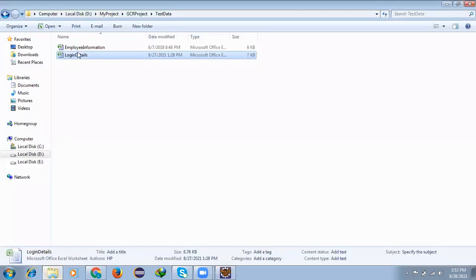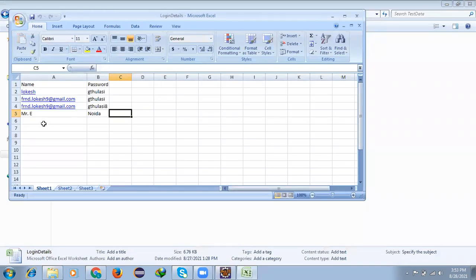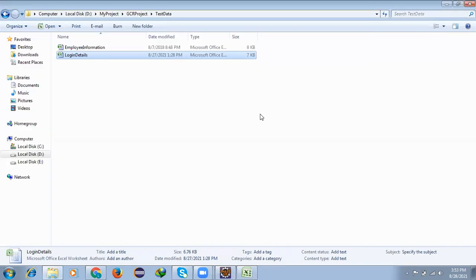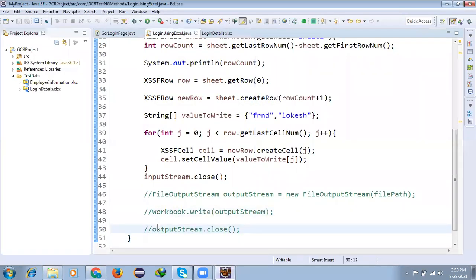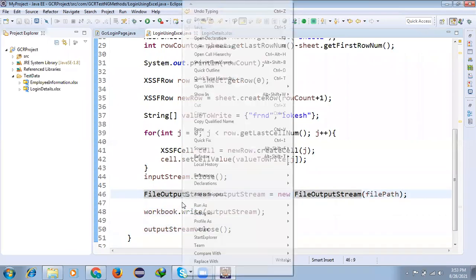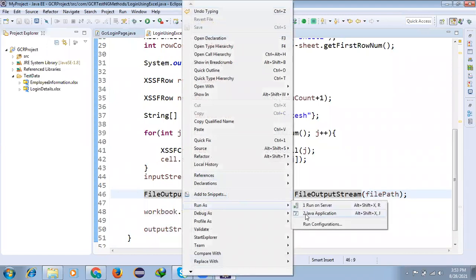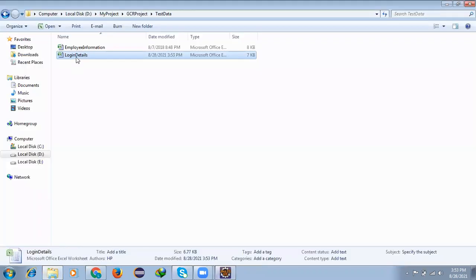I printed that, which is why it gives that value. See, it has not saved any value. Now I'm closing. Now I'm doing this and running again.